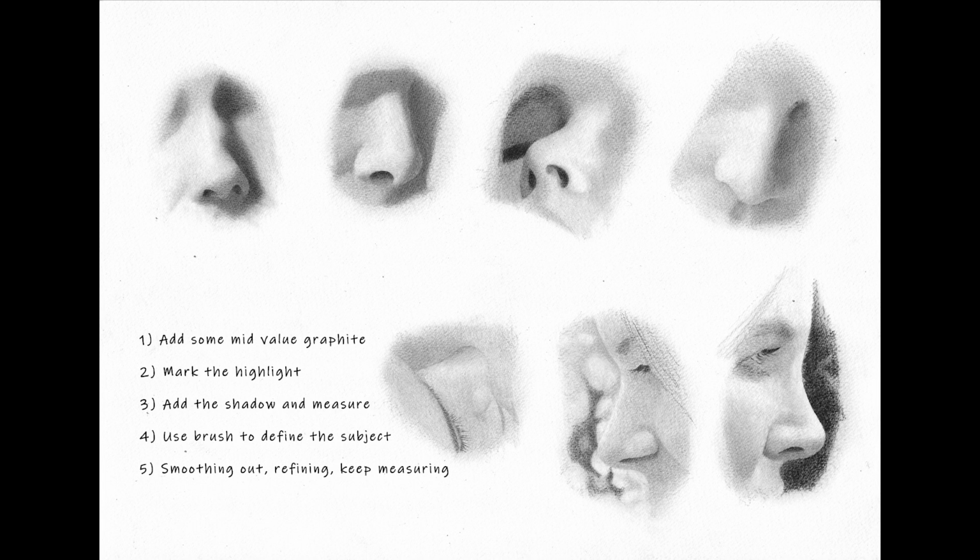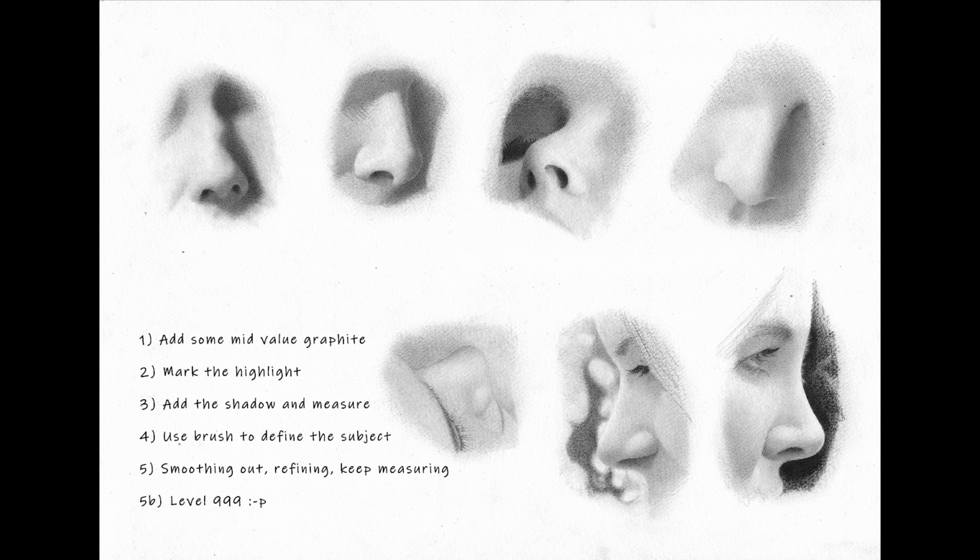Step 4, I use my brush to push the graphite into the paper grain to define the shape even further. Step 5, I refine the drawing. I keep measuring, brushing, comparing, softening edges, measuring again, and because I'm evil, I keep pushing even further. Refining and refining to make the drawing look smoother and realistic. This is the longest step in my drawing. I spent hours in here, especially filling in those tiny paper grains with graphite. Each of these noses took me like 2 to 2.5 hours top.